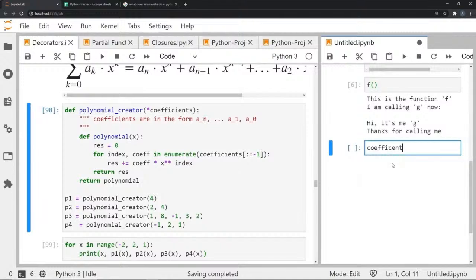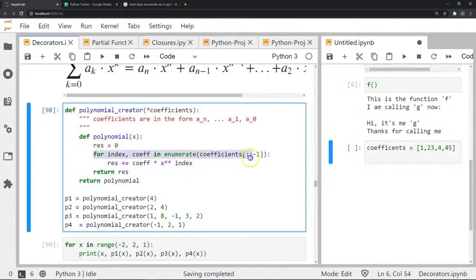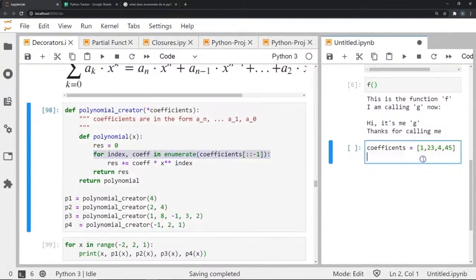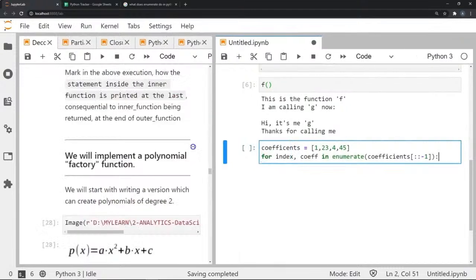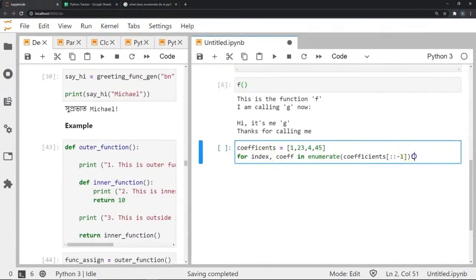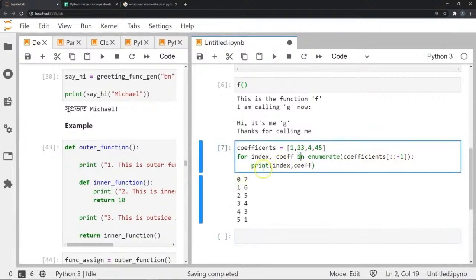So if I created an array called, say, coefficients with some random values over here, right? Now if I'm going to perform this line, right? Now let's see what happens when we do a for loop. Let's see what values we get for index when we execute this line. So if you see here, once I execute this, as you can see,